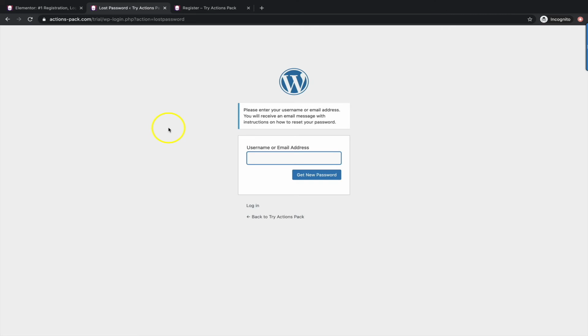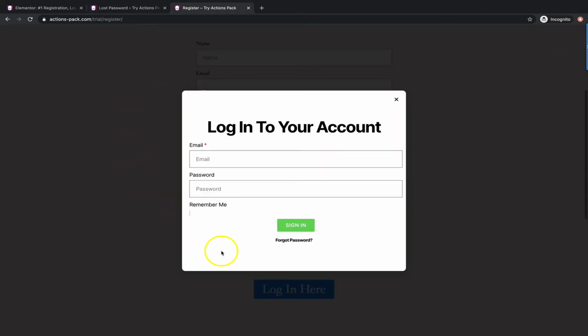And what I'm going to do is demonstrate the functionality with a form that I've set up, and then I'm going to show you exactly how I set it up. So I'll give you the visual first of how this works so you have an understanding. But I've added a forgot password link here just beneath the sign in button.